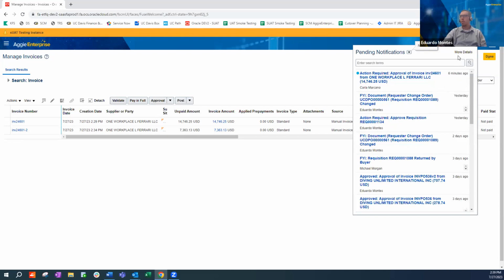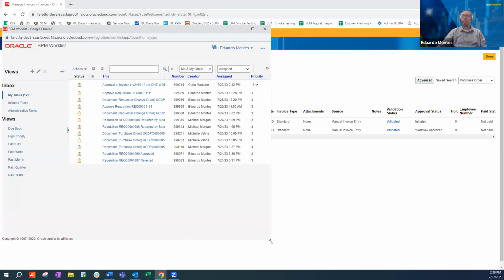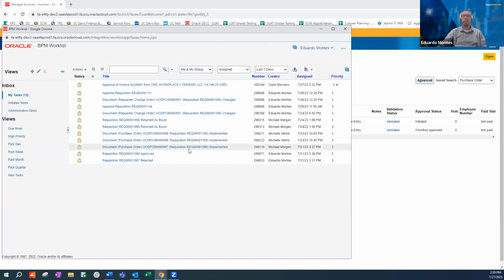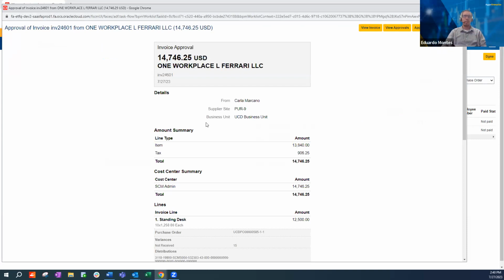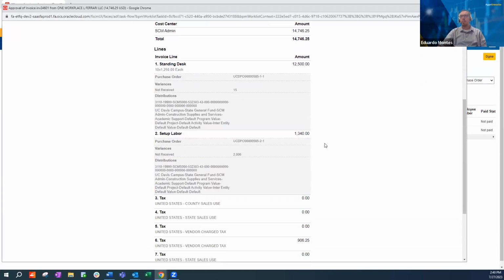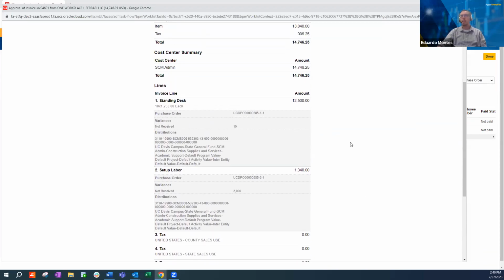Then to Elizabeth's question earlier, when I'm on my bell, I can hit this more details button, and it opens up this work list area, which has a lot more information on a lot of my pending items. It's a bit of a better view of the things that are pending for yourself. So again, I can see the invoice from Carla, similar to what I would have seen in my bell. I click on it. As an approver, I probably should be going into the invoice, looking at attachments, making sure that everything in there makes sense, and then we should move forward with payment on it. But just as part of this demonstration, I'm browsing down to the lines so you can see all the information available: the payment method, your taxes, your lines that are listed in here, the PO,